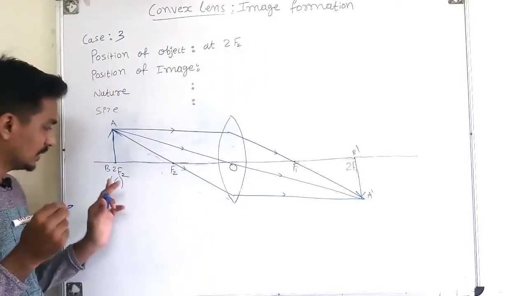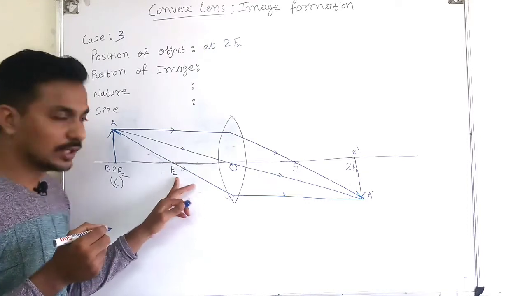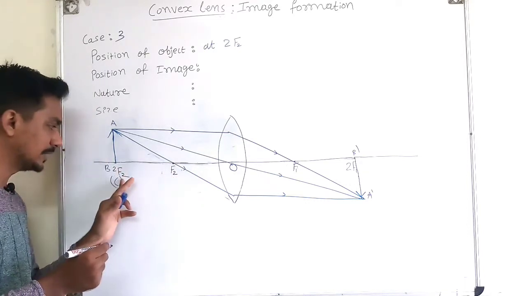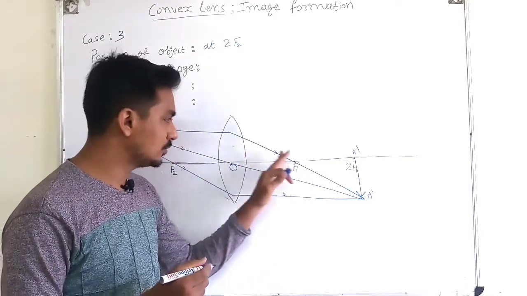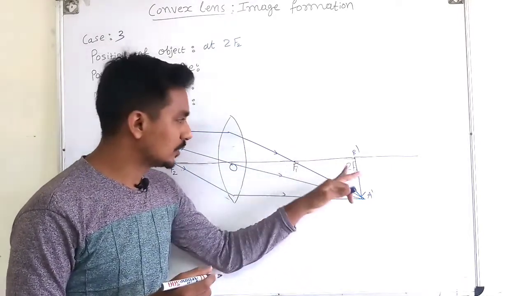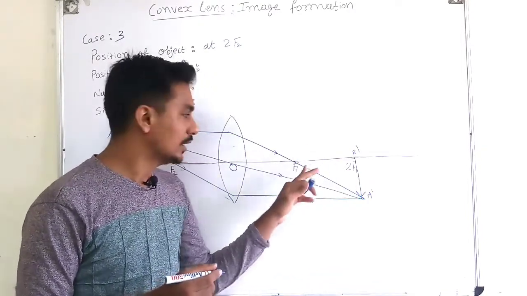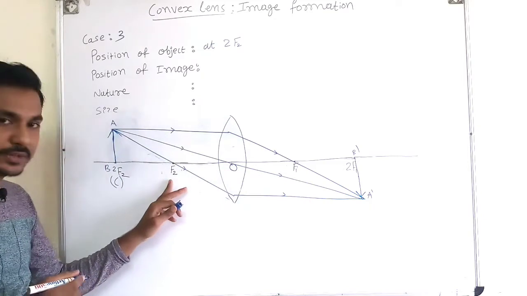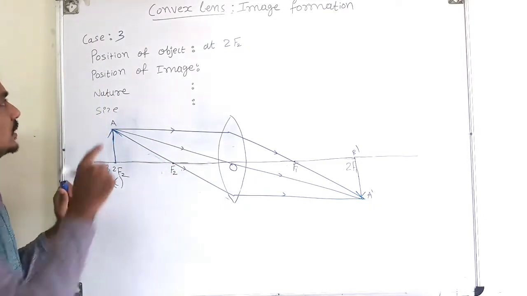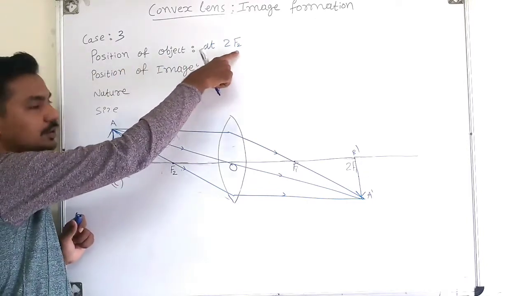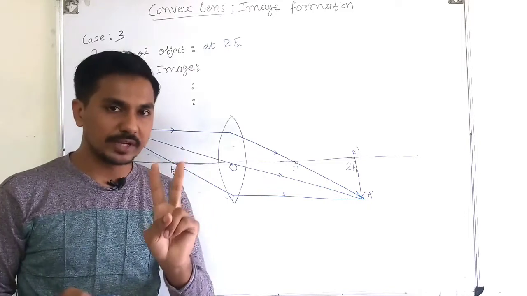2f2, right? This focal length is called f2, and this distance is double of it, hence it is called 2f2. And here this focal length is called f1, and this is double, so it is called 2f1. And why it is called f1 and why it is called f2, that I have explained in the previous lecture. So here the position of the object is at 2f2, now we need only a minimum of 2 rays to get the image.